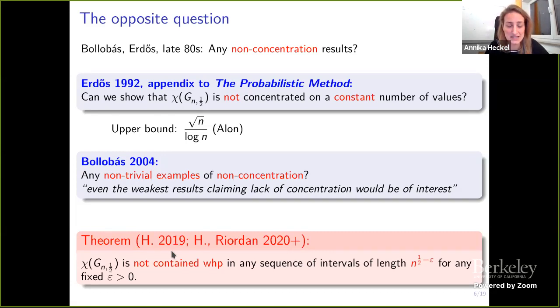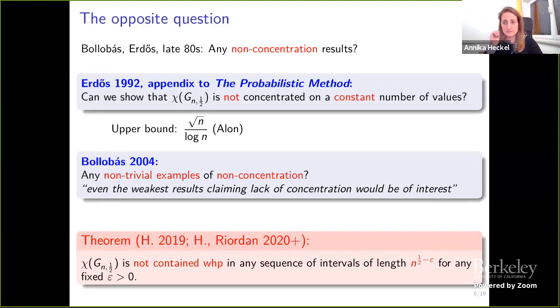Now, last year, this paper is on arXiv if you want to look at it. I had this up to n to the 1/4, and now it's n to the 1/2, which is significant because this matches the exponent in the best upper bound that we have by Alon. So up to this little epsilon, or little o(1) if we want, this result is basically sharp.